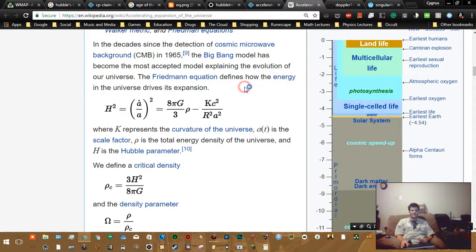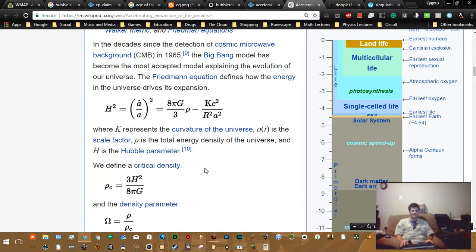Now, energy is related to mass. We know this. This is delving way down deep into the rabbit hole, but if you're still here with me, you deserve to be, because you can actually follow everything I'm saying. That means you probably have some background in physics and you're ready for this. K represents the total curvature of the universe. Okay, that's not an important thing to think about. Curvature differs with how big it is. A bigger bubble has less curvature than a smaller bubble, whereas a single point in space has infinite curvature.